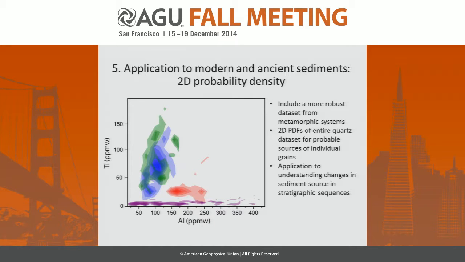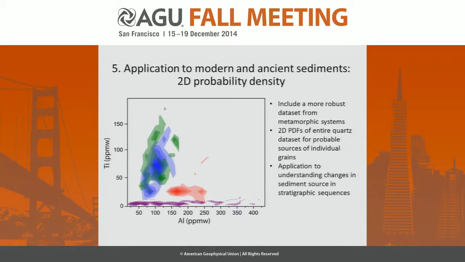So now I'm just going to briefly talk about some of the future applications of titanium and aluminum in quartz as a tool for provenance. This was, again, a preliminary study based on a confined basin with well-understood bedrock lithology. But I just wanted to point out that these types of applications could be used globally where